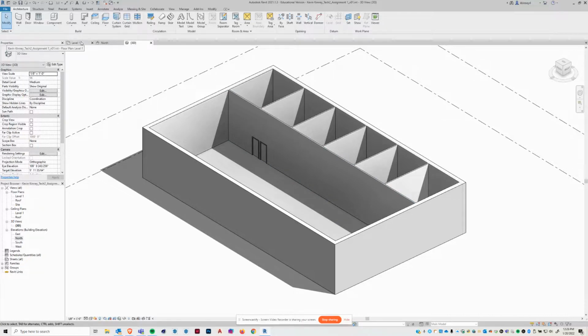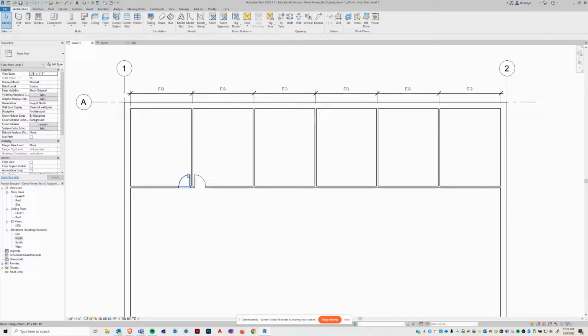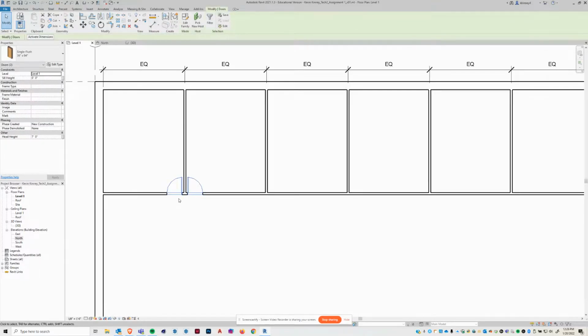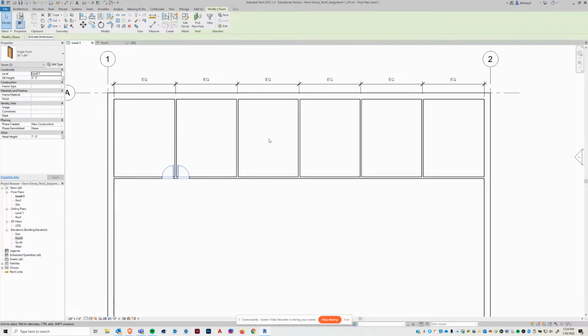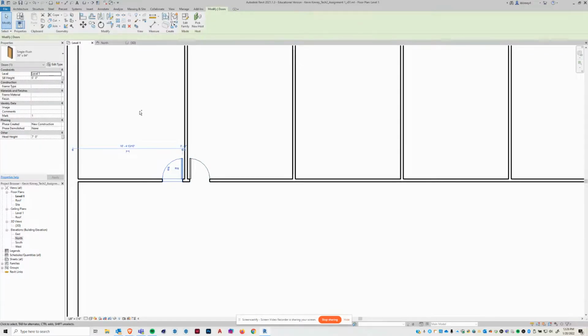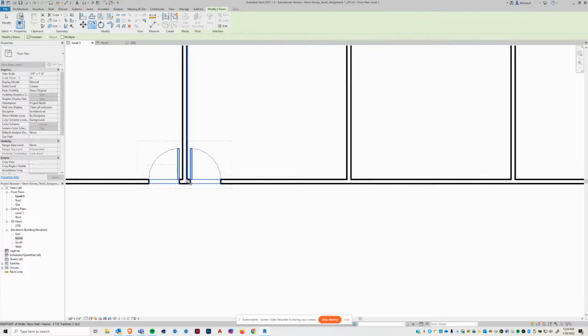All right, back to level 1. I'm going to select both of these doors. I'm going to go ahead and copy them to my remaining 2 rooms here and 2 rooms here. So I've just clicked one, held down Control, clicked the other. Now I'm going to go up to my Modify Doors tool panel that automatically pops up when I selected those doors. I'm going to select Copy. And I'm just going to go from,